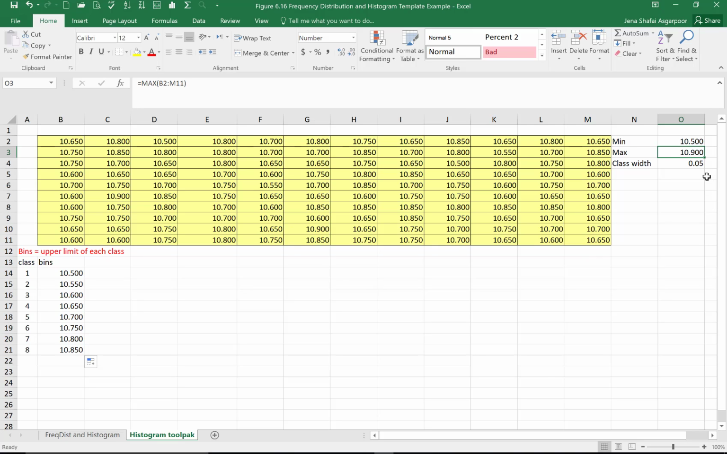schema. So what we're going to do is I'm going to change this 0.05 to 0.06 and see what happens to the bins. Okay, now the upper limit of the last class is 10.92, so that's wide enough, and it will include our 10.9 maximum value. All right, so now we're ready to use our